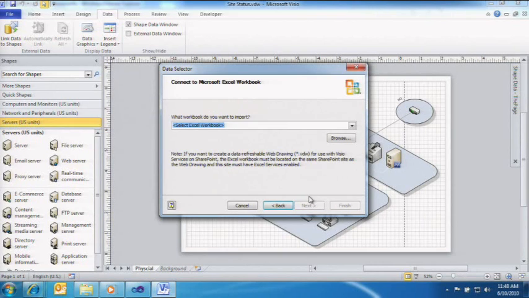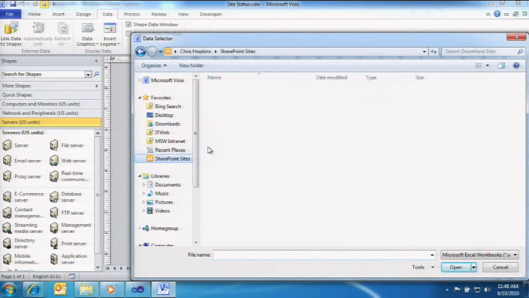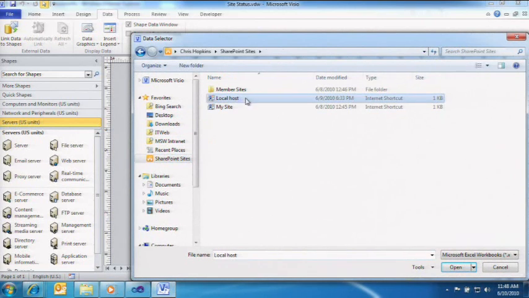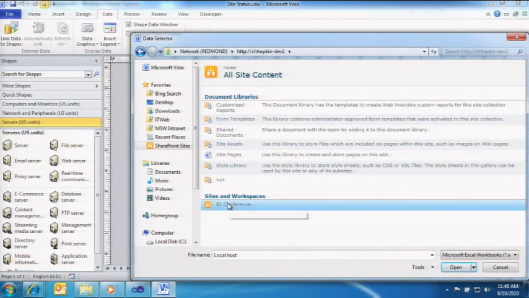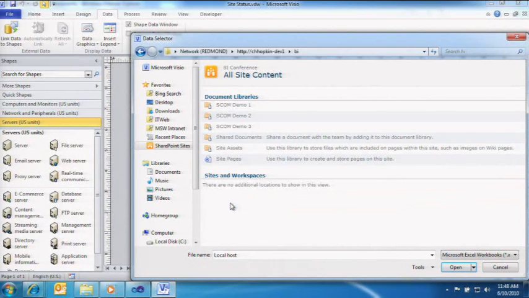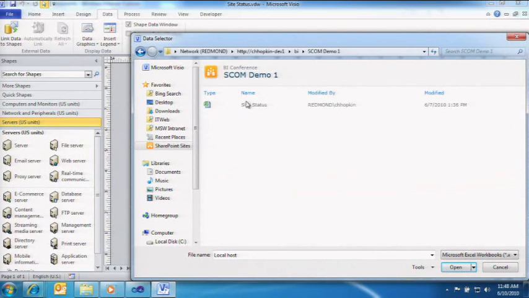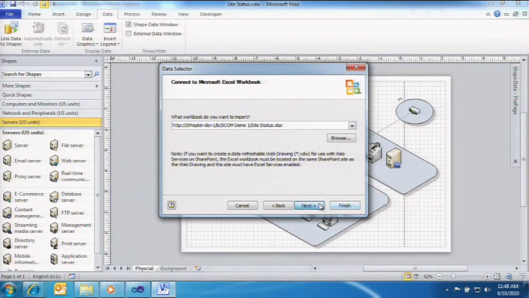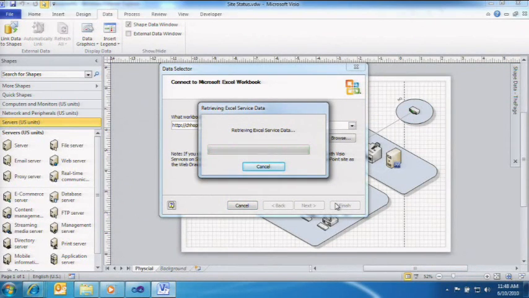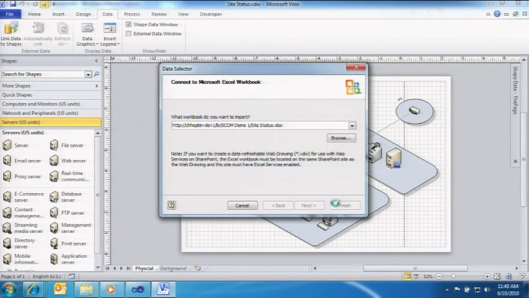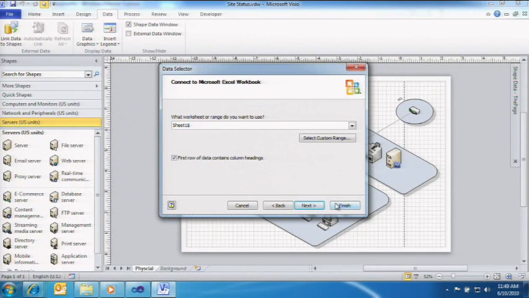So we'll go with Excel Workbook, and I'm just going to browse out to my local SharePoint site. And then when I walk through the rest of the wizard here, it's going to pull down that workbook using Excel Services. And this is functionality that is new to Visio 2010. Visio 2007 can connect to